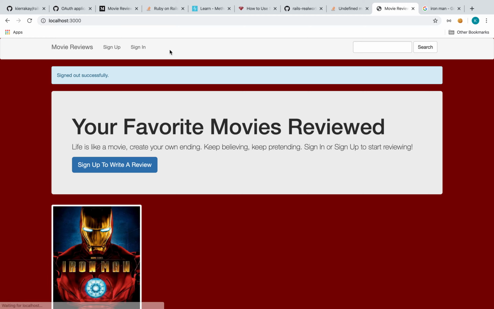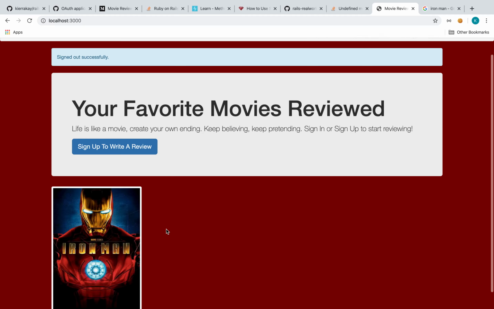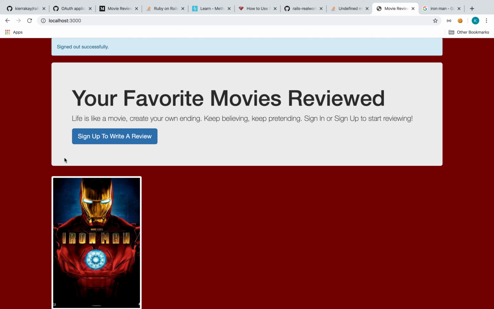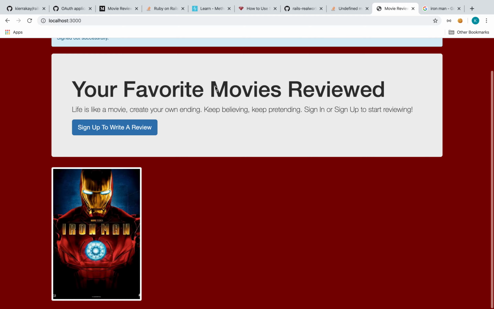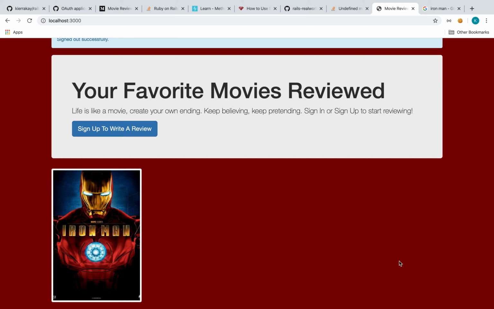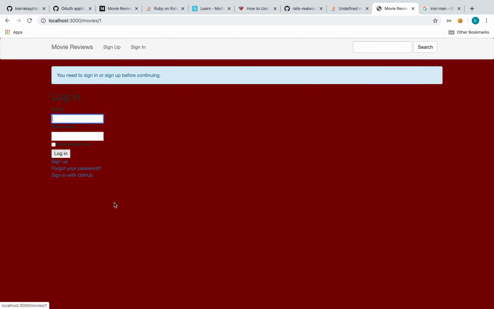So let's log out. And as you can see, there's the movie there again. Because this is really the movie's index page. It just shows this if the user's not signed in. But it will display the movies. But if they try to click it, they have to log in. So let's go ahead and